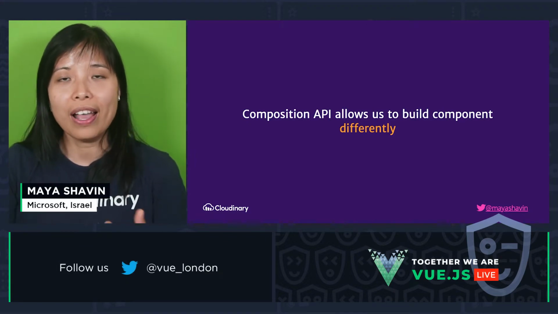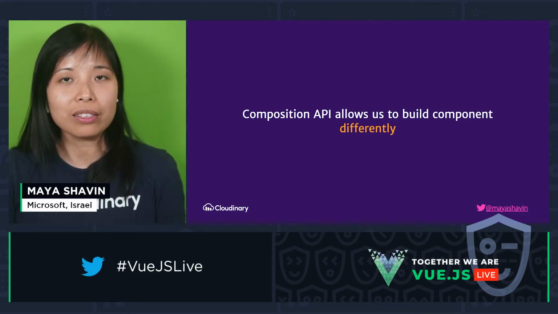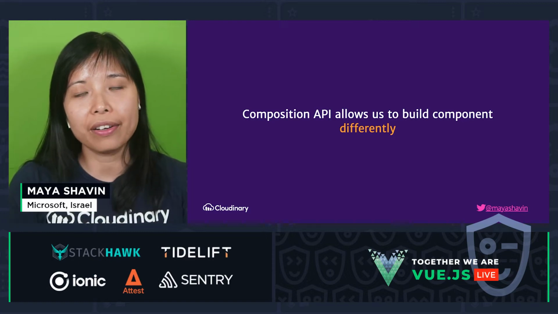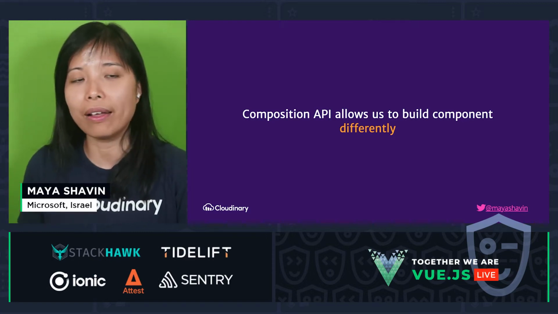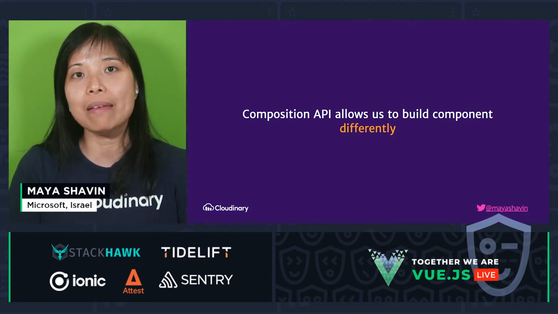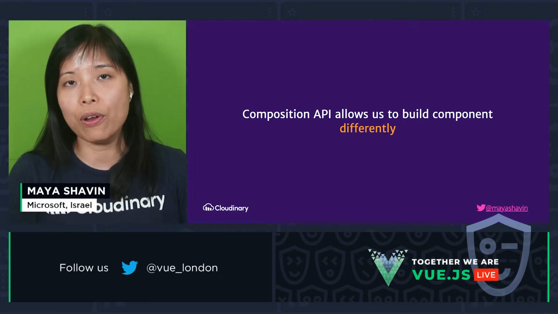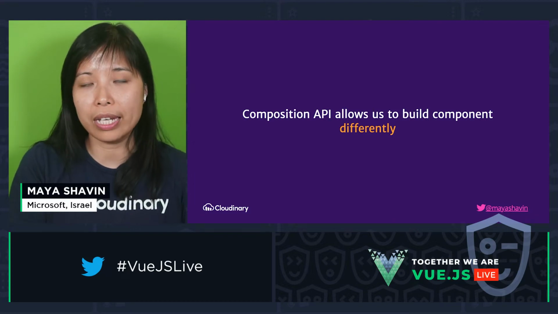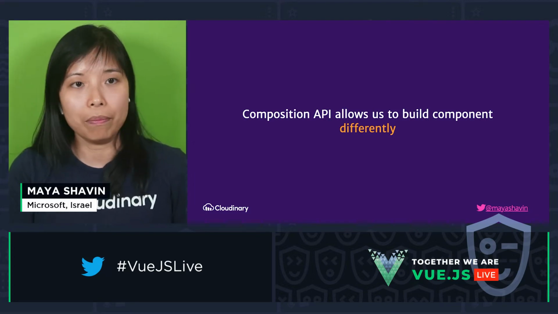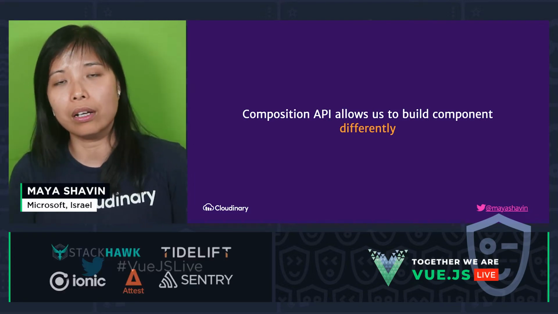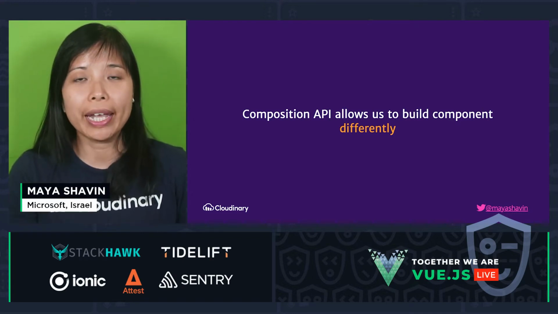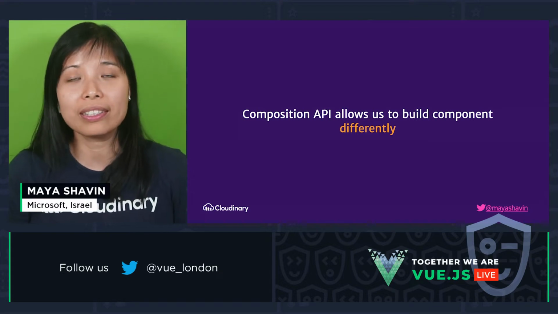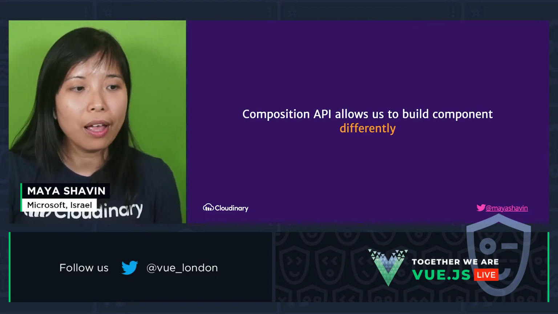It allows us to have more options and more control over how we want to build the component, rather than the default option template that gives very limited ability in writing a component in Vue. Now we can write more flexible and more dynamic components such as functional components